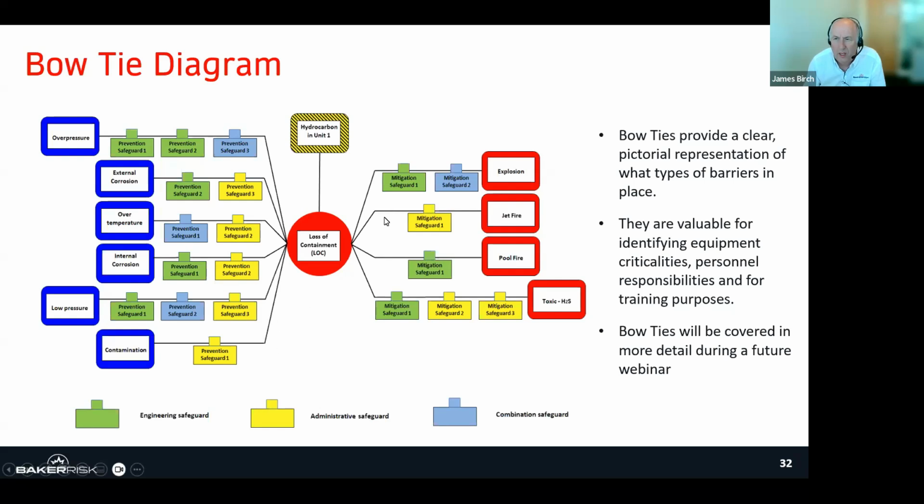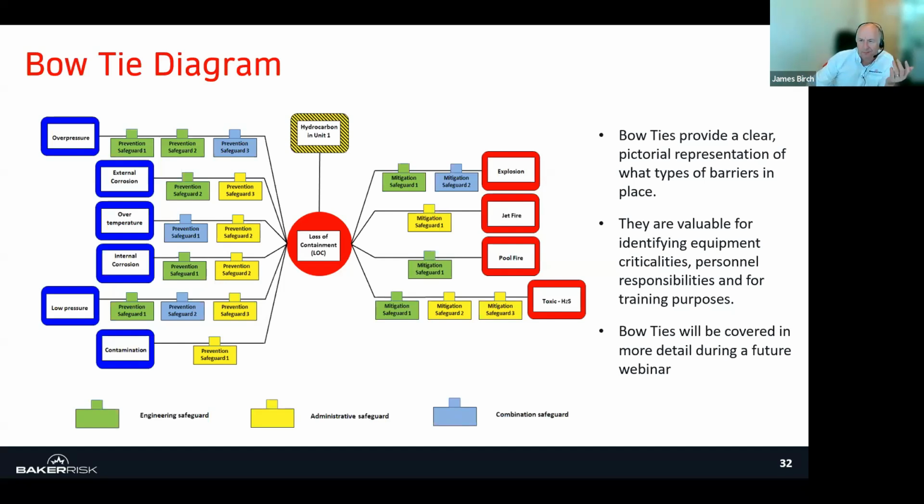So quite quickly, by setting out that drawing, you can begin to look for areas where perhaps you are under-specified in terms of SCEs. And equally, you might look and say, okay, we have 7. Maybe that's too many. We'll talk about bow ties more again in a future webinar, but they are a very valuable tool to help this analysis, and the EGPC standards recognize that.